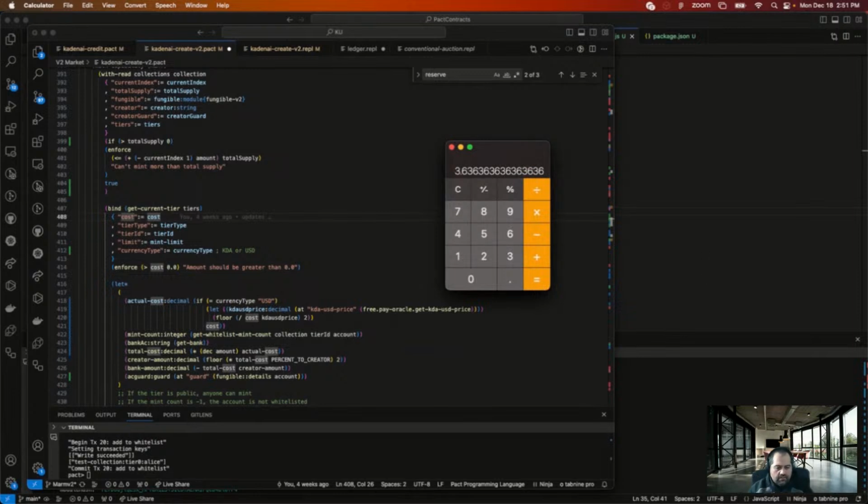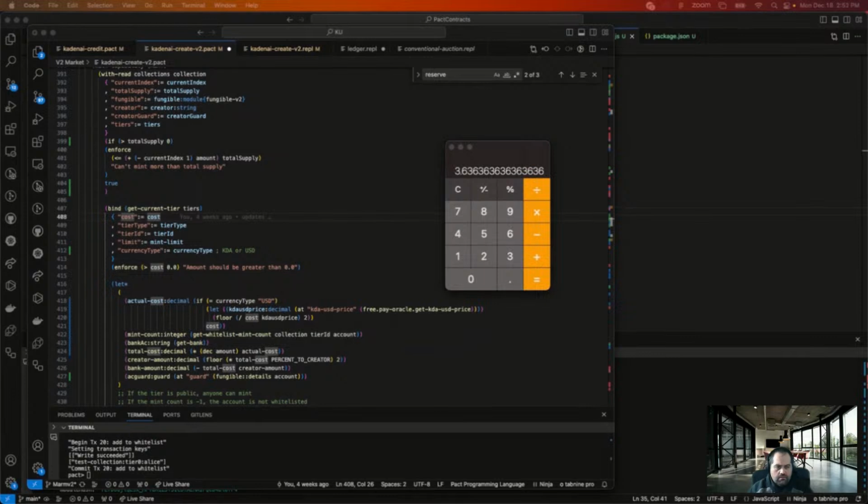I know how I can find this. Okay, web mint. There we go. Contract.mint. Mint function. Transfer amount.